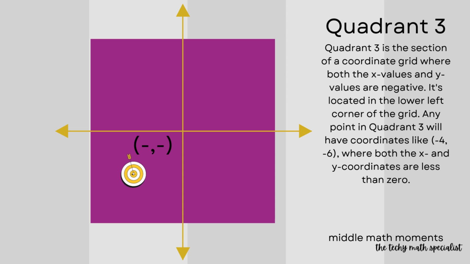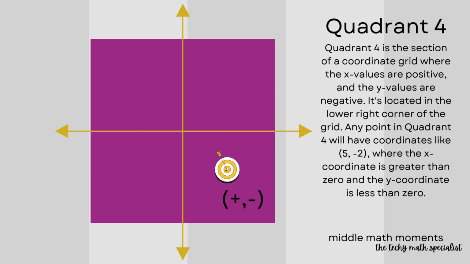Quadrant 3 is the section of a coordinate grid where both the x values and y values are negative. It's located in the lower left corner of the grid. Any point in quadrant 3 will have coordinates like -4, -6, where both the x and y coordinates are less